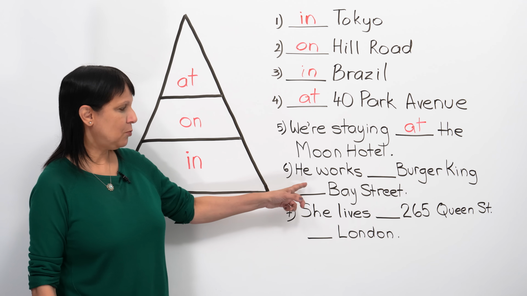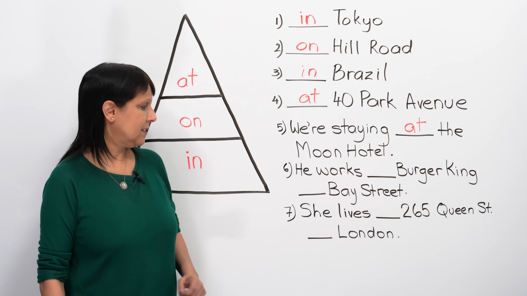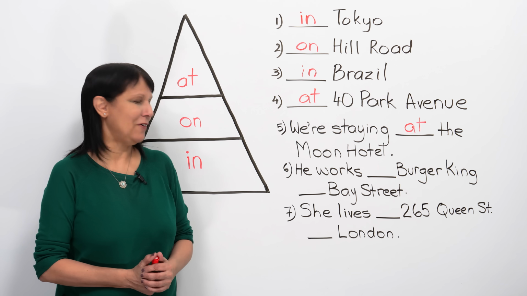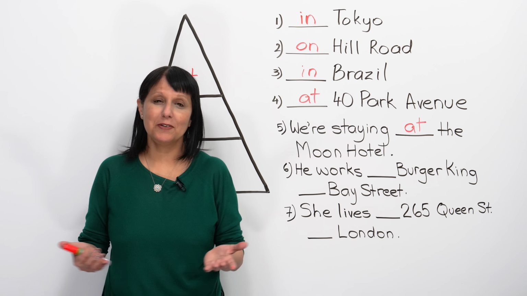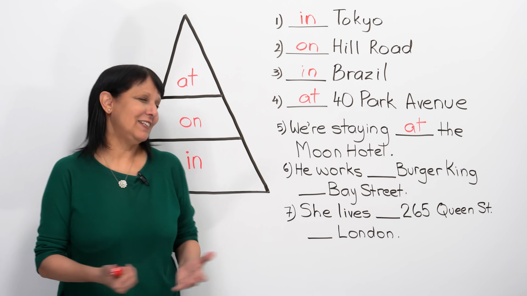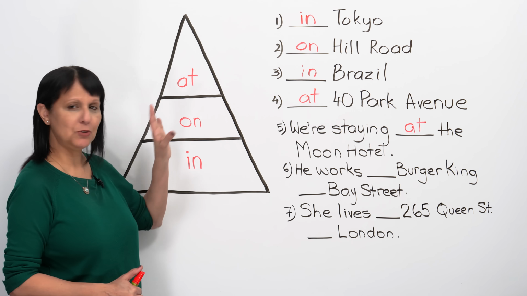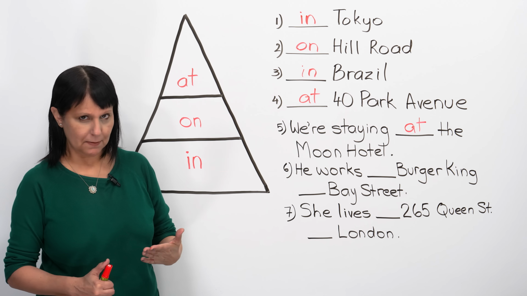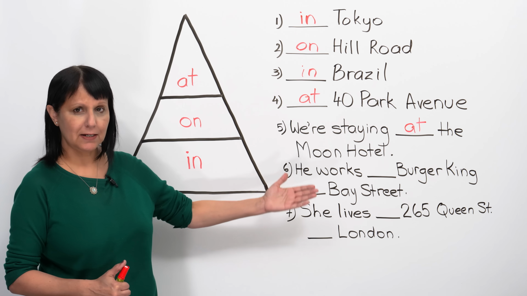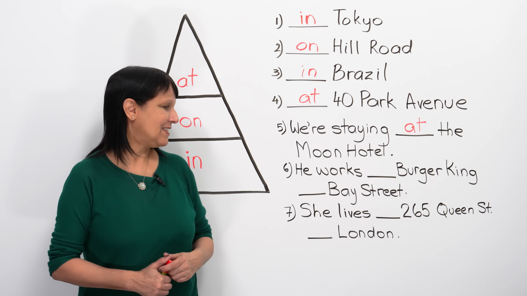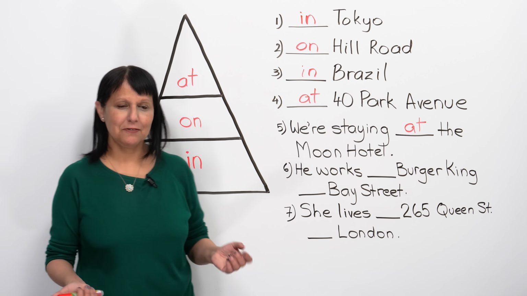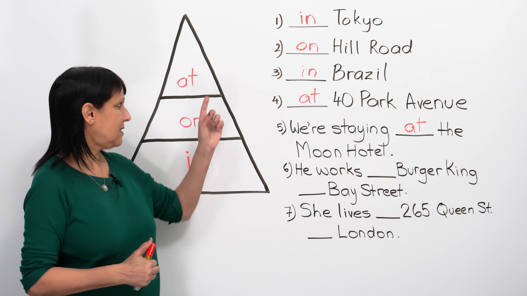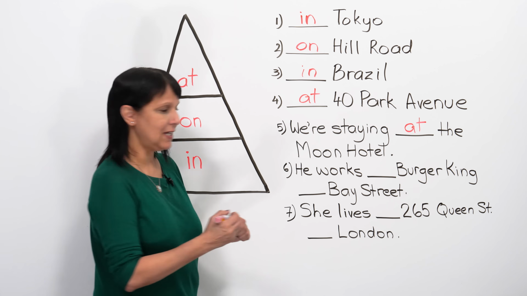Next, he works blank Burger King blank Bay Street. Yes, it happens that very often in the same sentence we have more than one preposition, okay? But the same rules apply. You can still use this triangle method to help you figure out the answer. So let's take it step by step. He works blank Burger King, right? So is that a specific place or something very large or something medium size? It's a specific place. So here we would say he works